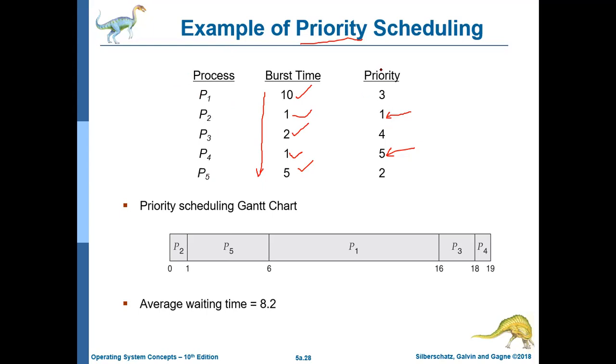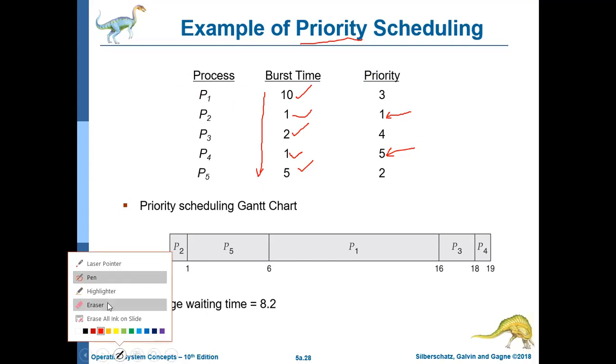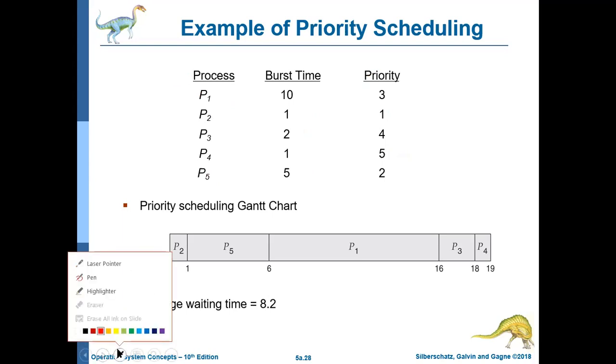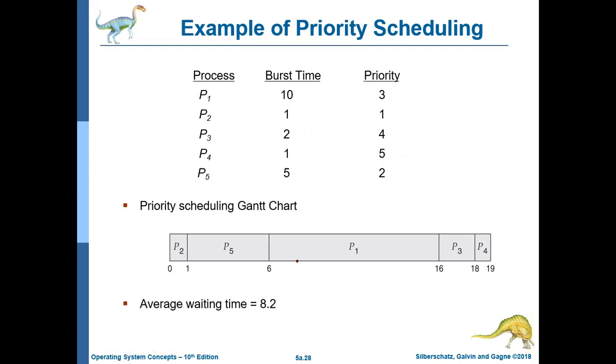But in the priority scheduling, first we are discussing the non-preemptive one where breakups are not required, no breakup will be there. Once the process is coming, it will be completing only when the process has completed its execution. Now first priority P2 is having, so we will be running P2 first. How much time it will take? Only 1 unit of time.